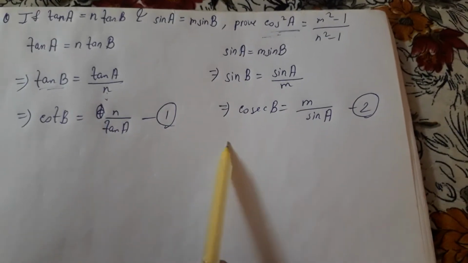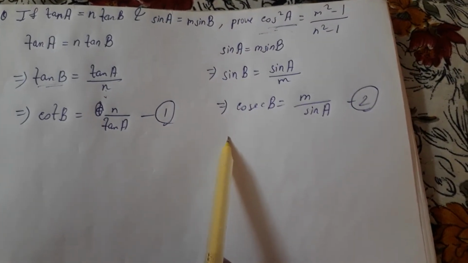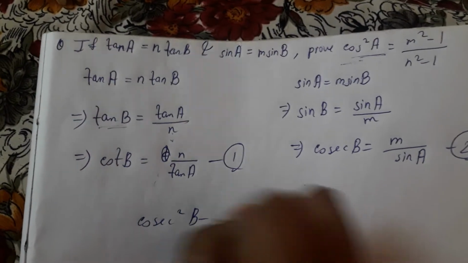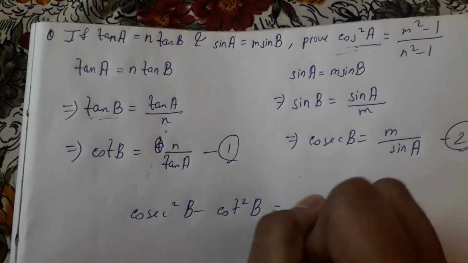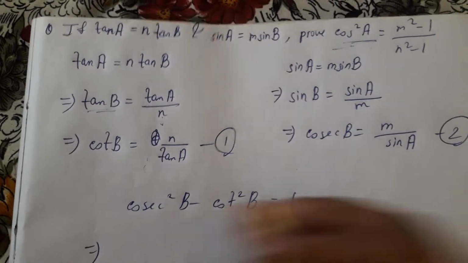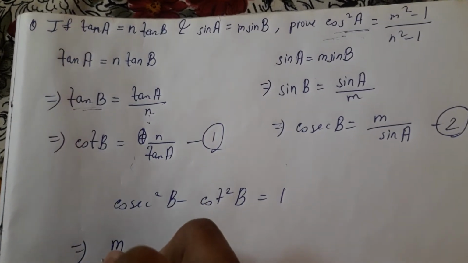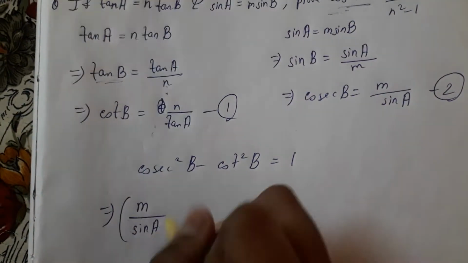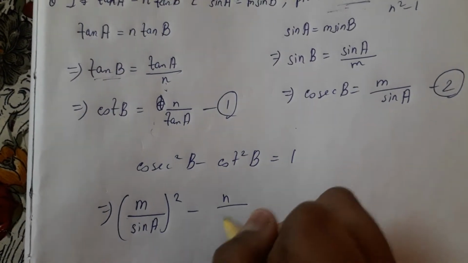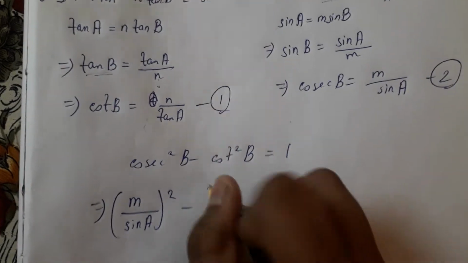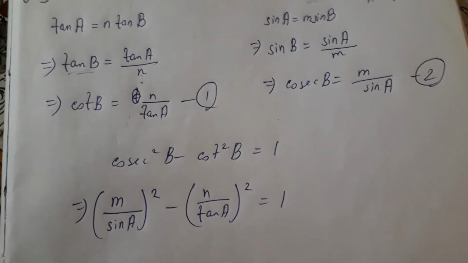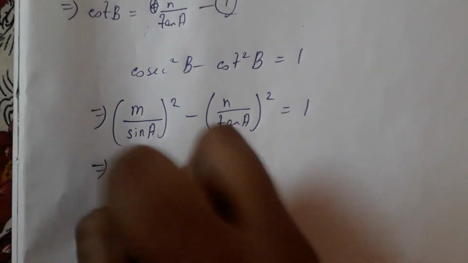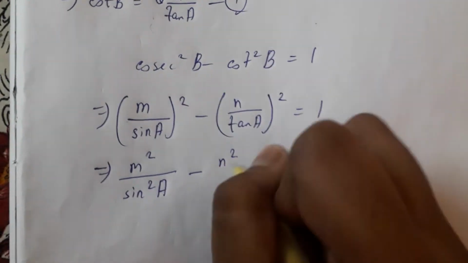We know cosec square theta minus cot square theta is equal to 1. Now see, cosec square B minus cot square B is equal to 1. Now see here, (m by sin A) whole square minus (n by tan A) whole square is equal to 1. Now solve. This will be m square divided by sin square A minus n square divided by,